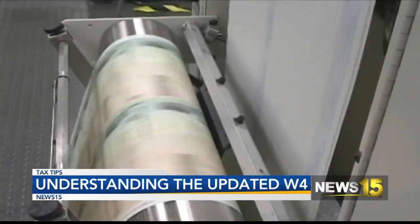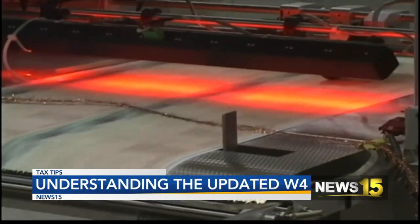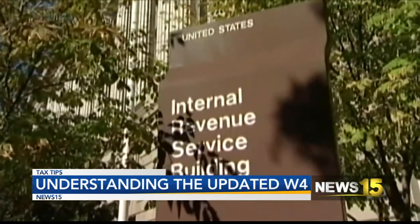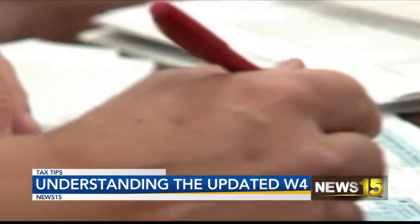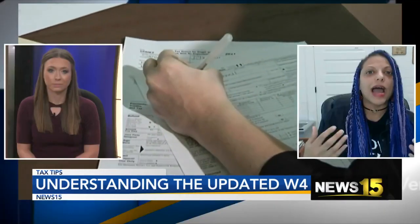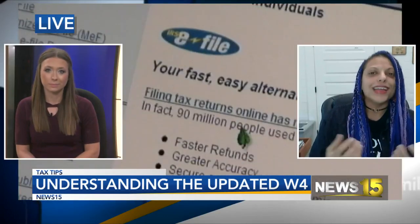And now another new thing is there's a checkbox if you have more than one job. This is very important because if you have 2 part-time jobs, independently, both of your individual jobs are going to under withhold on taxes, and this can cause you to owe at the end of the year. So by checking a box where you're telling one of your employers that you have an alternative source of income, this will help accurately withhold so that you're not short, because each paycheck you get only cares about that